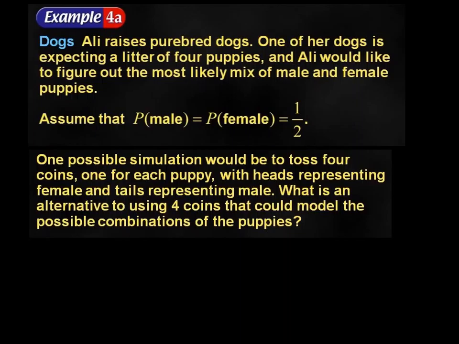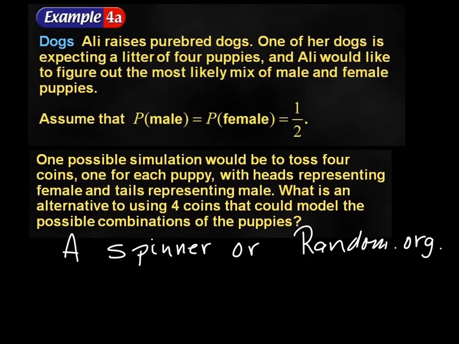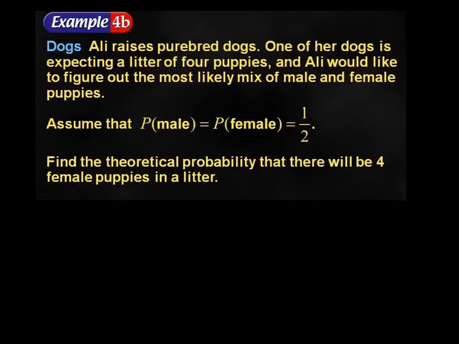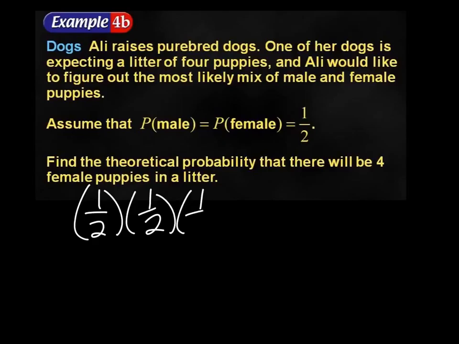What is an alternative to using 4 coins that could model the possible outcomes of the puppies? You could use a spinner, or you could go to a website such as random.org that will either generate virtual coins to flip, or you could use numbers to simulate the process. Find the theoretical probability there will be 4 female puppies. Well, each puppy is equally likely to be male or female, so 1/2 times 1/2 times 1/2 times 1/2